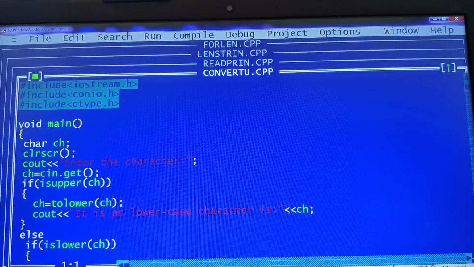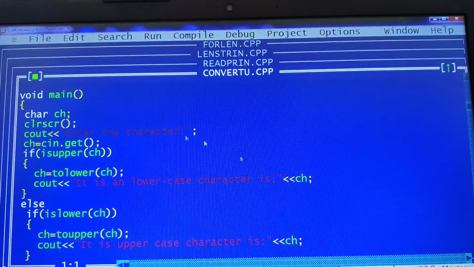Then I've declared a variable known as ch of type character, and clear screen. I'm asking the user to enter the character. Entering the character means I'm going to read a single character, which is why I'm using a function known as get. This is the kind of syntax I'm following: cin.get, and whatever is read by the get function is stored in a variable known as ch.